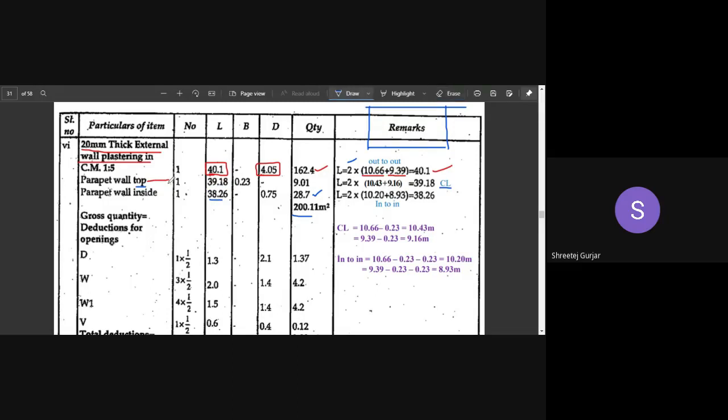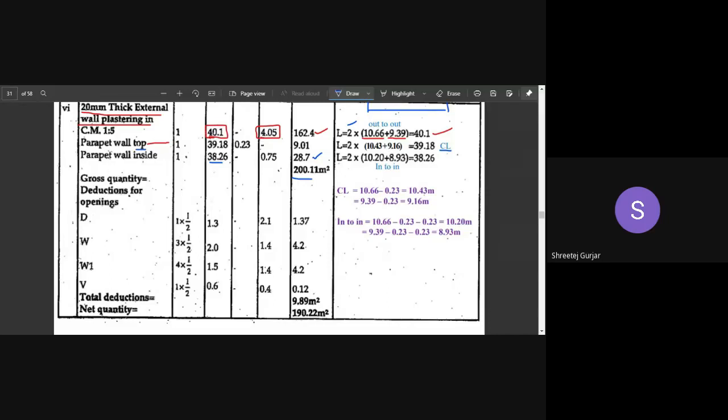So now we need to deduct for your openings, right? Deduction for your openings is required. So always for deduction of openings, what you have to do is number of openings into number of surfaces that we need to deduct, and into your 50%, that is into 1 by 2. So remember this: number of openings, and the number of surfaces into your 50%.